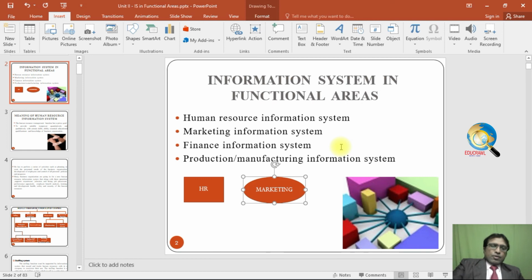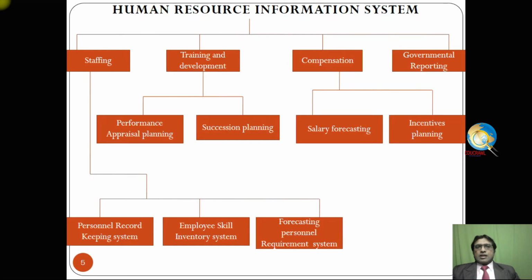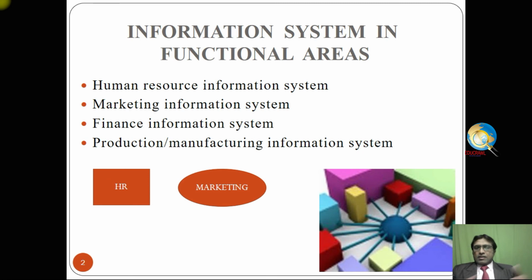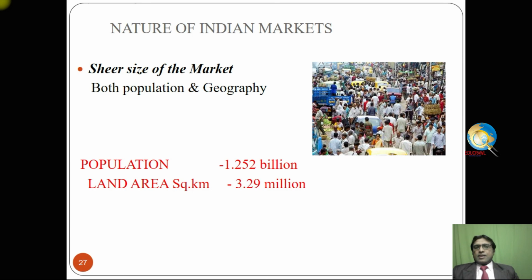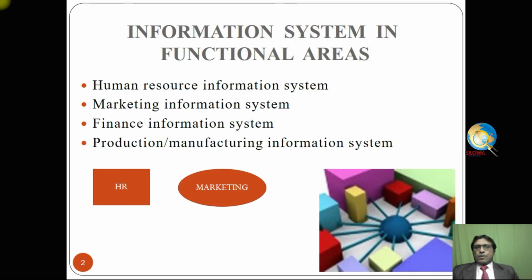Now what I am going to do, I am going to do the slideshow. If I click HR, the HR custom show will be there. Okay, you can see here. Once again, after all the slides of HR custom show is finished, it will come back to this slide. That is why I have checked that button. Okay, now I am going to click marketing. The marketing slides which I have selected is displayed. You can see here the slides are displayed. Once everything is over, it will come back to this slide. So that is how to create action button for custom show.